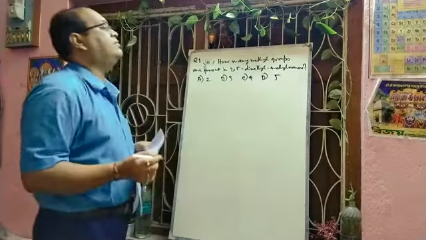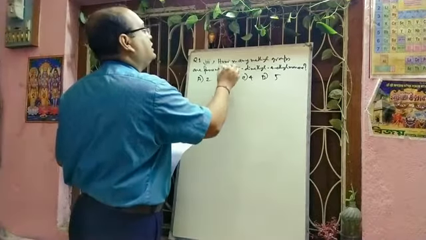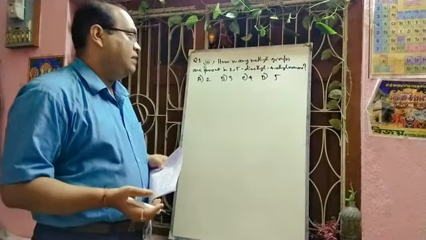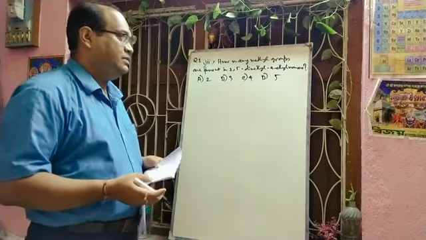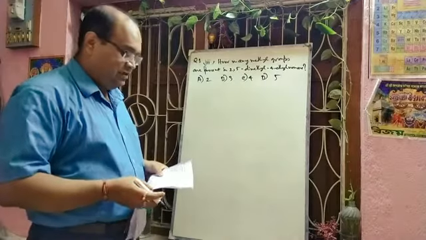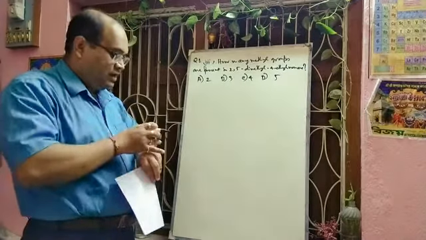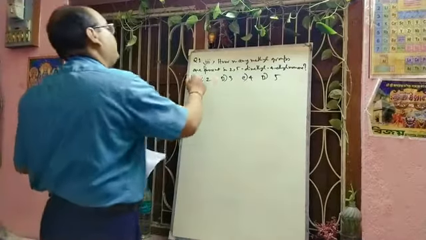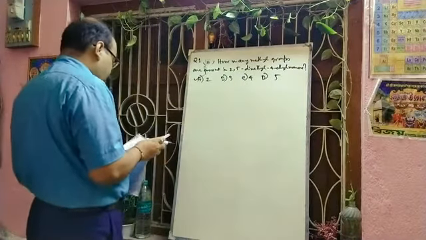So here from the name we can easily understand that definitely there will be 2 methyl groups. One is at the 2 position and another is at 5. So if you draw the structure, you will find 2 methyl groups and 1 ethyl group. So definitely your answer will be option A, that is 2. Next question,